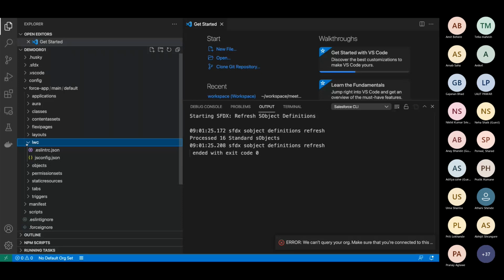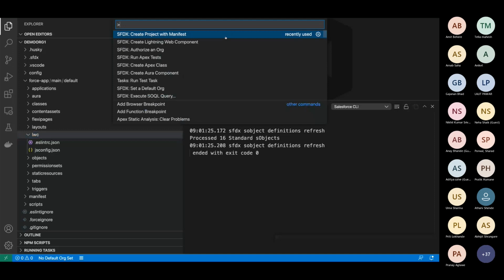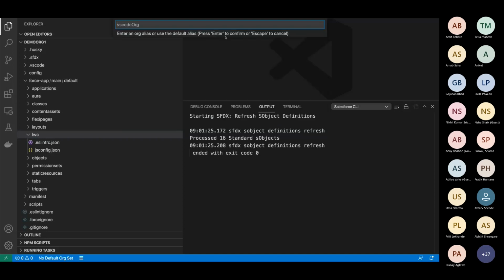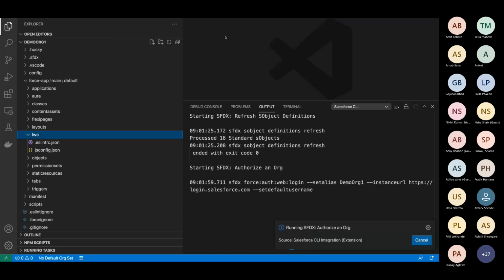Now, what we will do is authorize an org. So I will say SFDX: Authorize an Org, and I will say demo org1. It redirects me, and then it will ask me to authorize the org. So just give me a second.